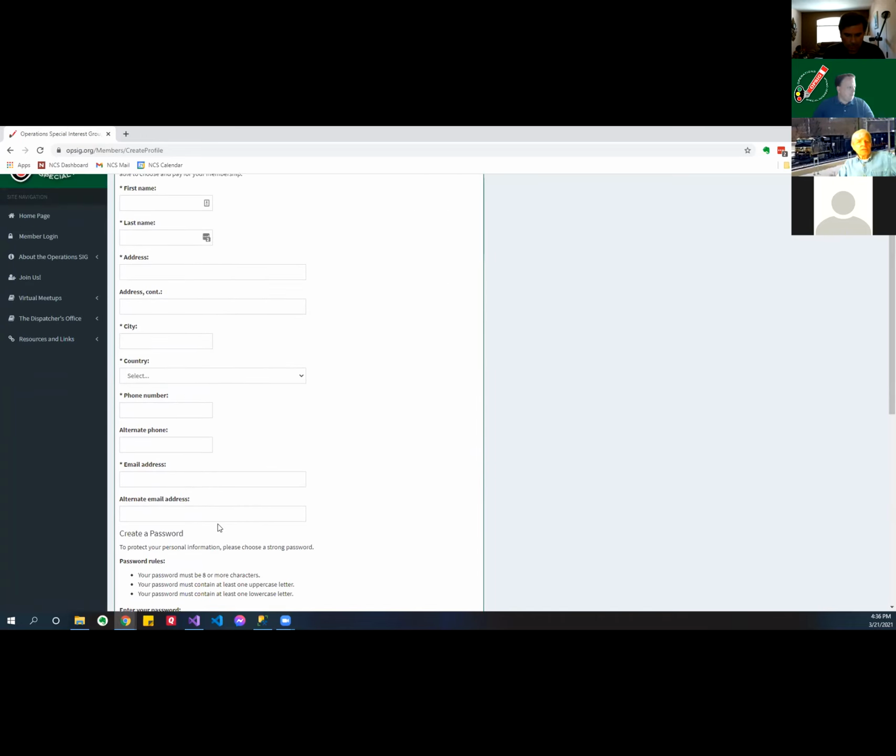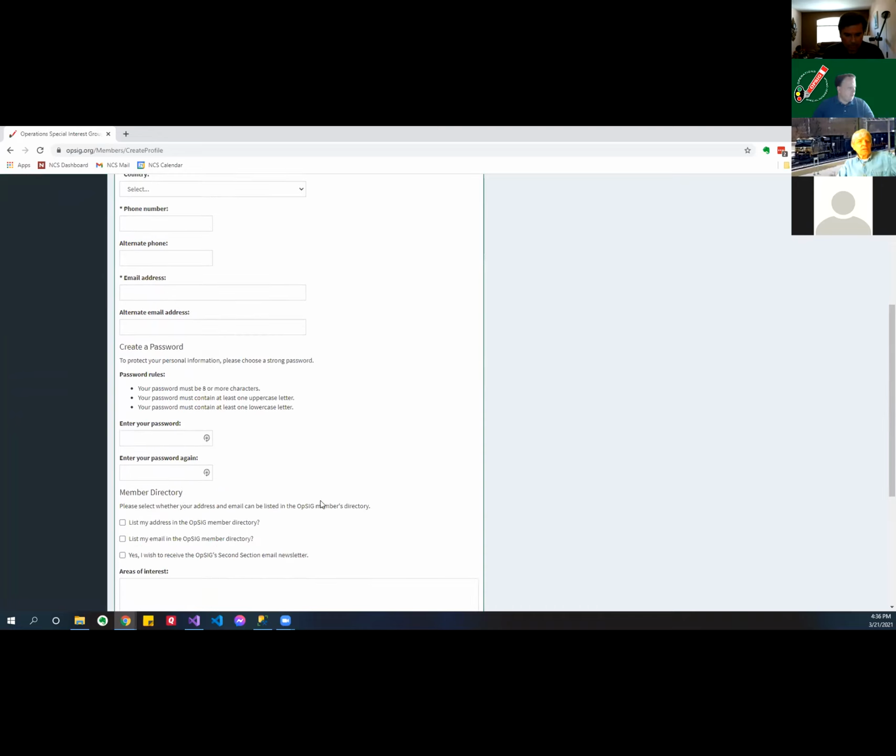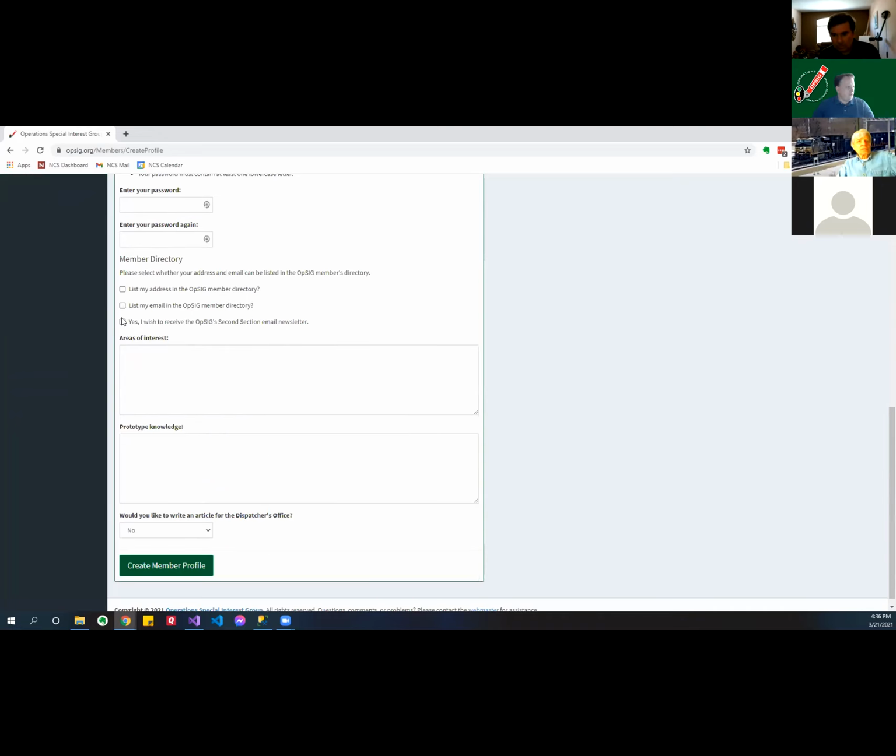This is basically just name, address, password, whether to list yourself and your email in the member directory, and whether you want to get the second section email newsletter that we send out. There's a little bit of information here about areas of interest and prototype knowledge. We used to ask all sorts of information about what scale you model, but we've moved a lot of that